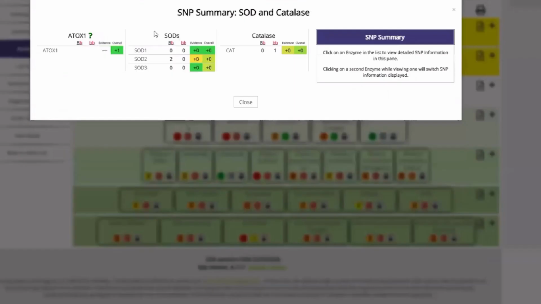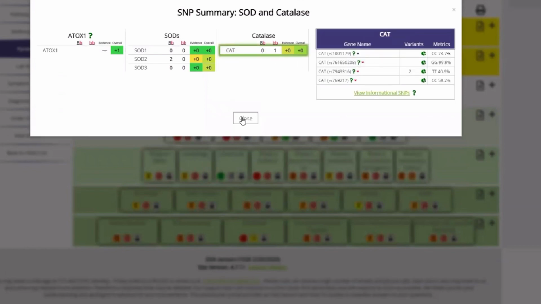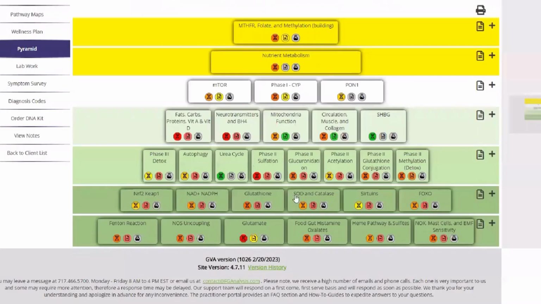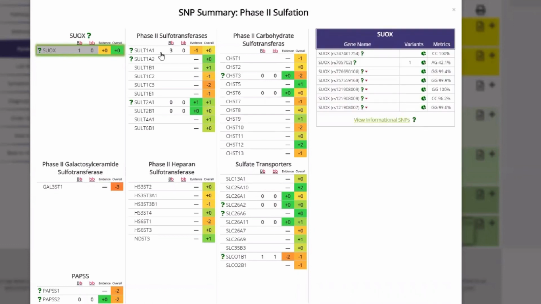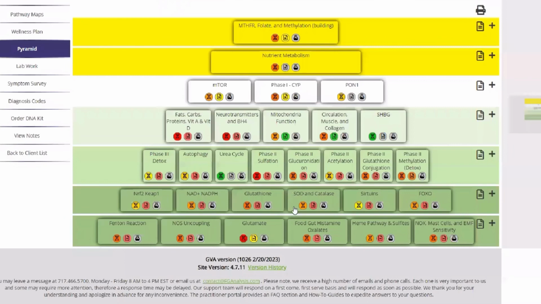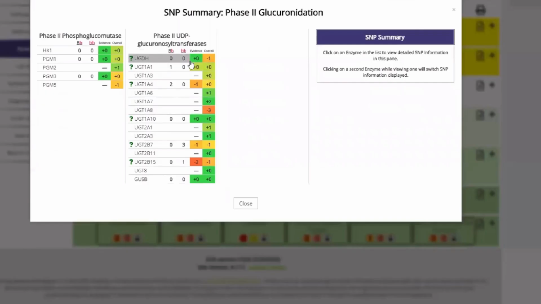Then I took a look at SOD, superoxide dismutase and catalase, more antioxidant enzymes. We do have a downregulation there, so that's not good. And then I can jump into sulfation because sulfur is so important for oxalates, and this person definitely has a few here. We've got SUOX and we've got the SULTs, our enzymes in sulfation, and it's another phase 2 detoxification. We have glucuronidation. There's a few here, nothing crazy, but enough to say there could be some issues with